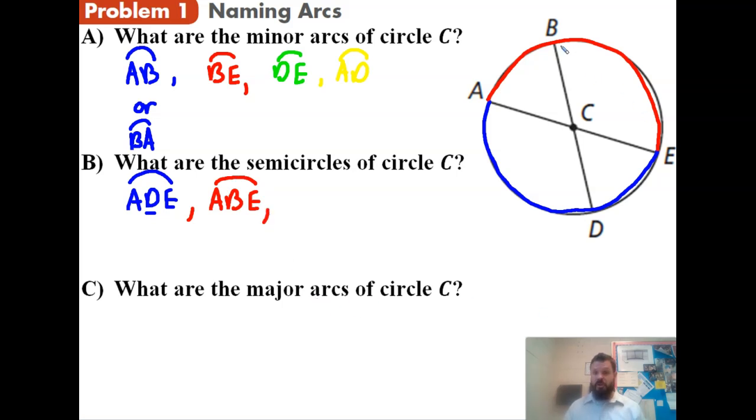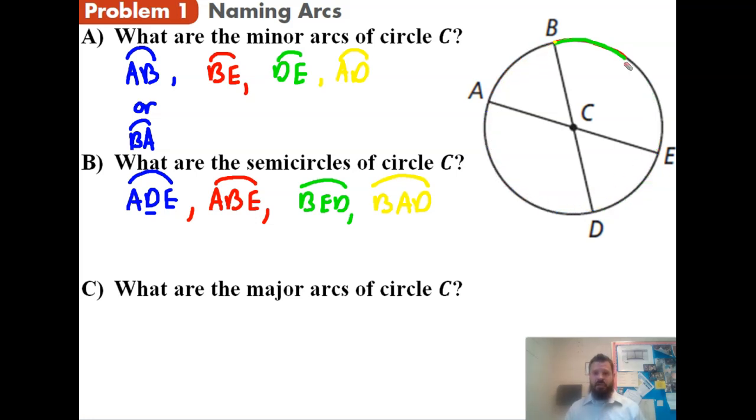All right, I'm seeing 2 more semicircles. We could say BED. And then the last one I'm seeing is BAD. Okay, and it's okay if they overlap when we're naming them here. There's my 4 semicircles for this problem. Okay, last part,